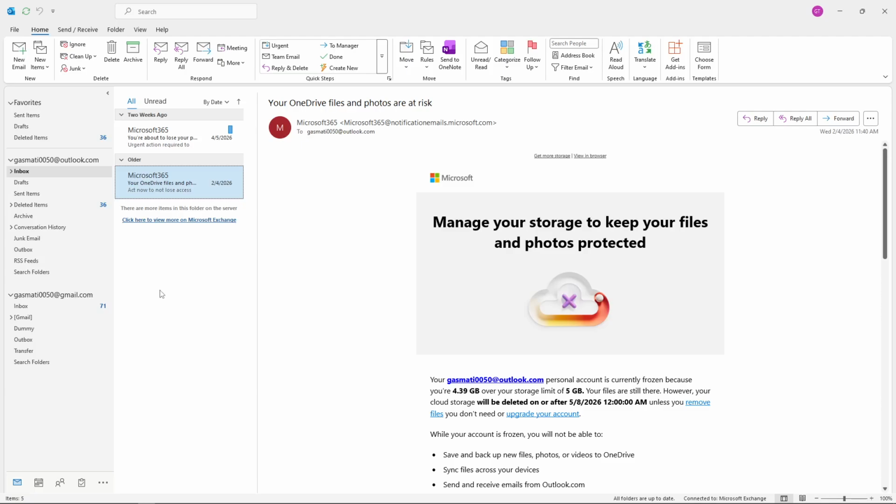Welcome back, everybody. Today I'm going to teach you how to strike through text in Microsoft Outlook. This formatting option is particularly useful when you want to show edits, indicate completed tasks, or highlight changes without completely